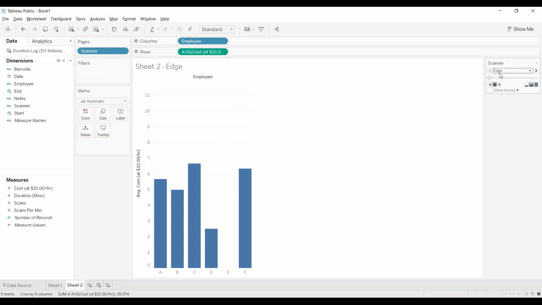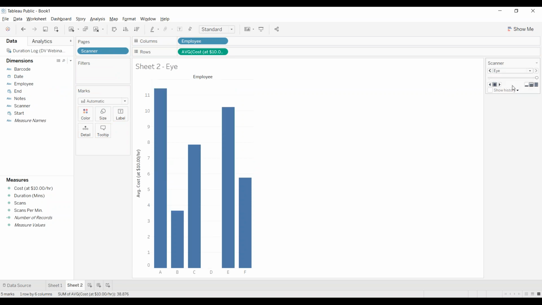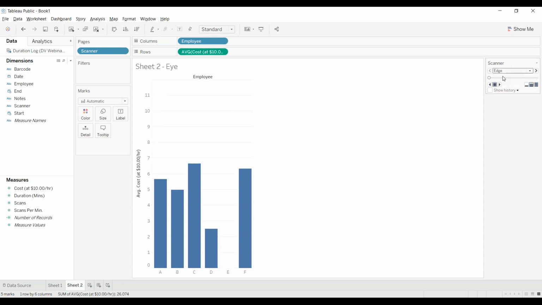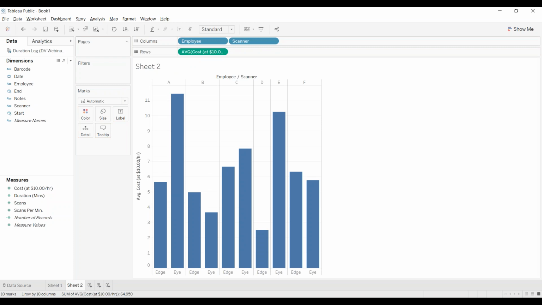So as you can see in this upper right-hand corner, now we can switch between the different types of scanners and see what the difference is in cost. And you can tell right there, based on the change, there is a significant difference. But sometimes that's not the most indicative one. So what if we put it into the columns? That's okay. We can now see that there is a difference between the eye and edge, but it's not visually